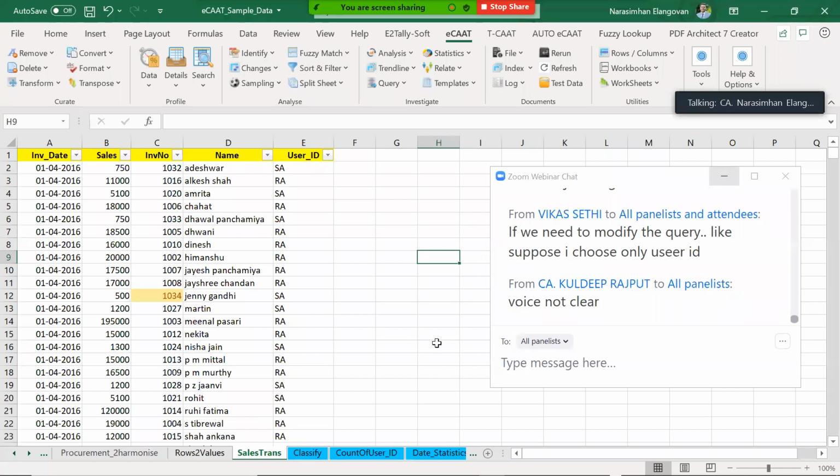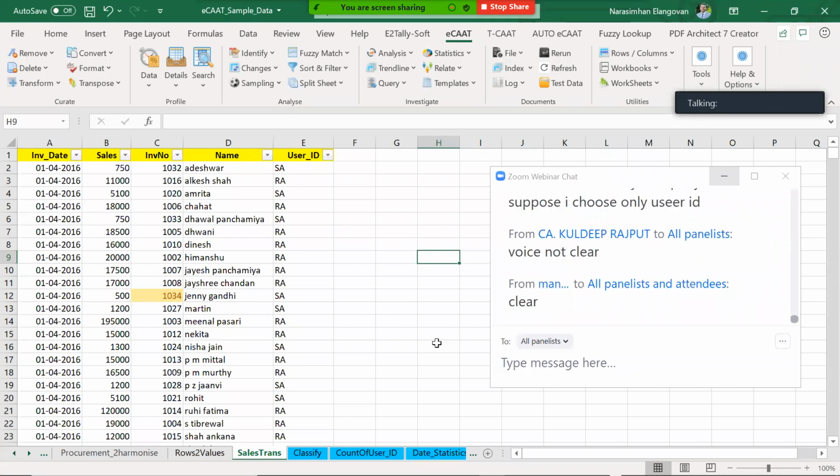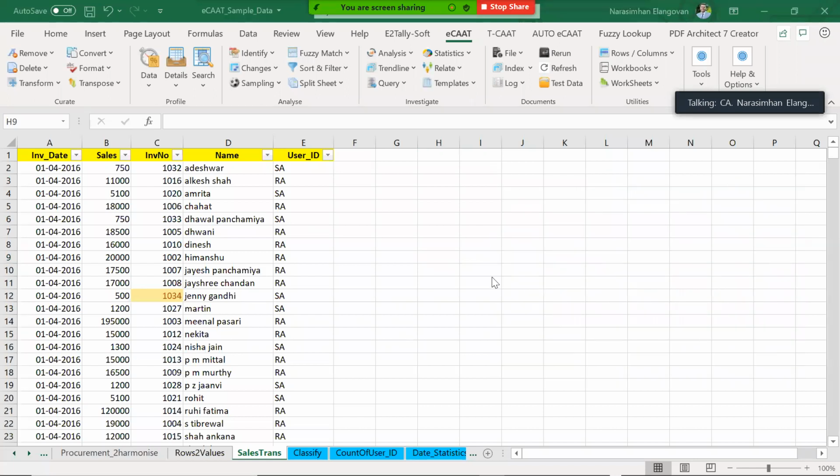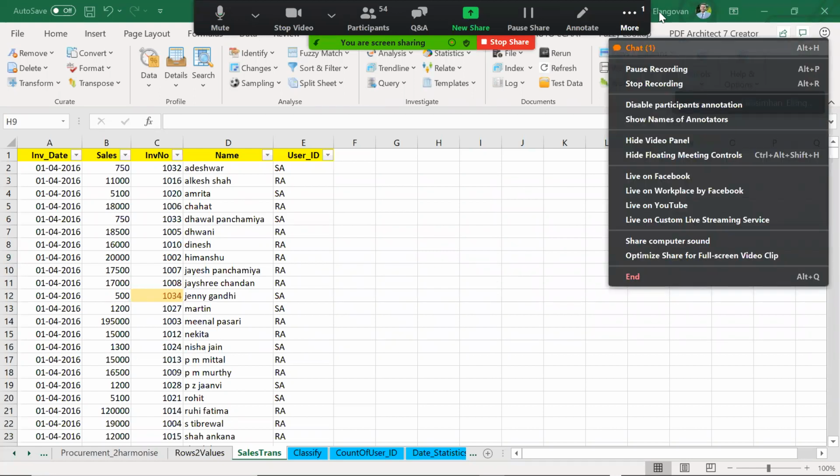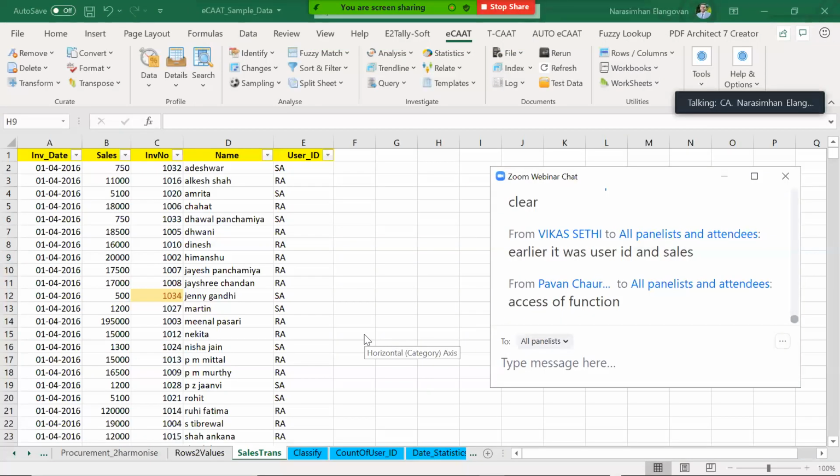I hope my voice is better, clear. Hello, hi. Yeah, thank you. I think sometimes there is always that gap between the conversation. We'll have to consider that like an inherent risk.